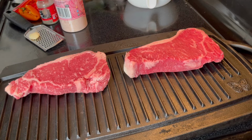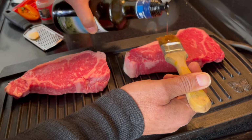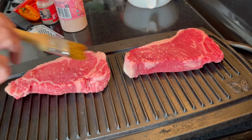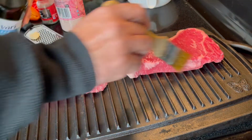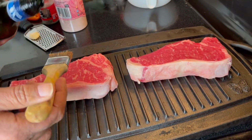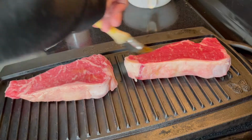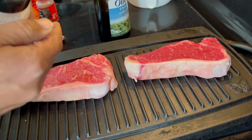But the first thing you need to do in this case, and I typically don't do this if I was doing it on the stove, on the top, is put a little bit of oil. Run some oil around. You're going to move it to the side, and what you're doing with this oil is accelerating the heating process in the oven a little bit. And then you're going to put a little bit of salt,